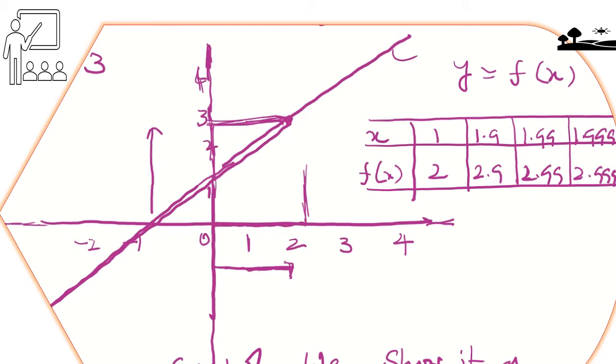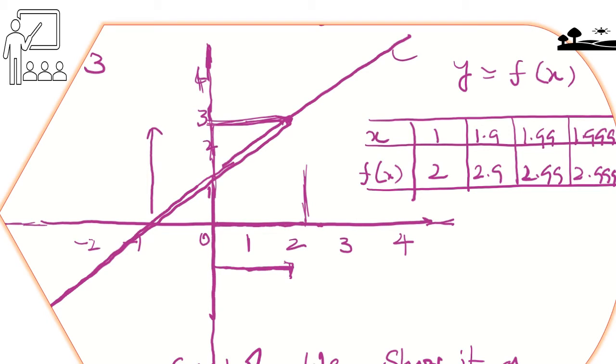Even if I take a value which is close to 2 but above 2, that means the right side of 2, like 2 point something, f of x is also very close to 3 here. The number which is close to below 2, the number which is close to above 2, on either side, if I take the value of x, the function is approaching the number 3.